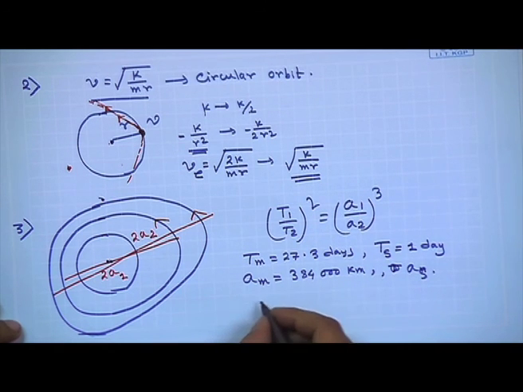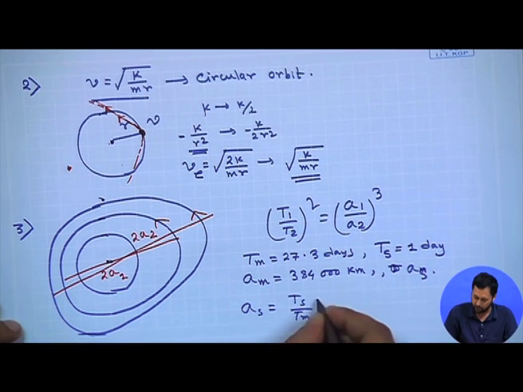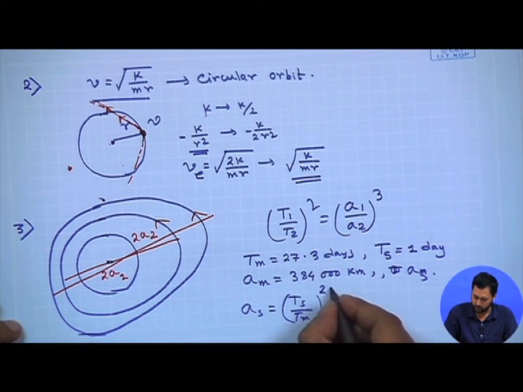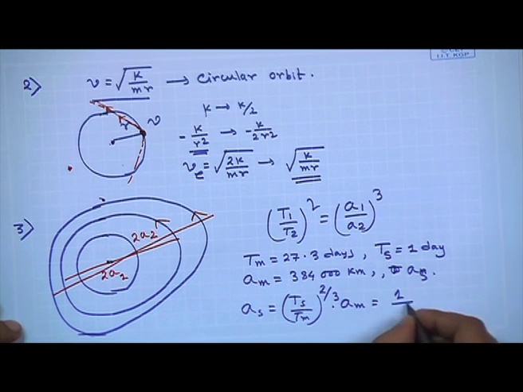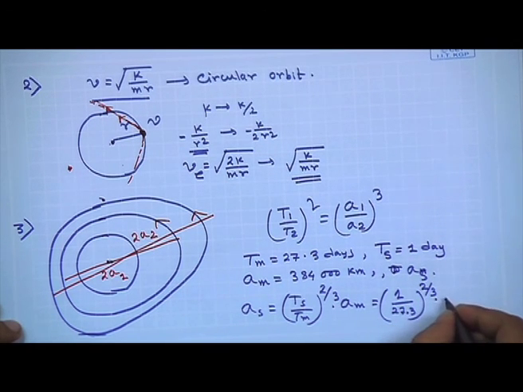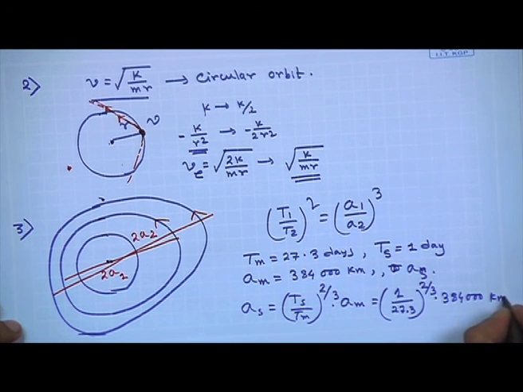So, when we put it into this equation, we get As equal to Ts by Tm whole to the power 2/3 into Am, which will be 1 by 27.3 whole to the power 2/3 into 384,000 kilometers, which will be